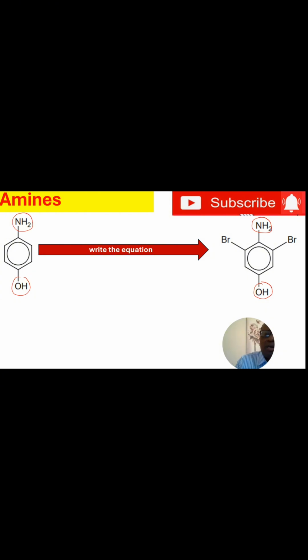Now then, what we are required to do is to write an equation. We can clearly see that we had an OH there and an NH2 there, and that has remained the same. If you want, pause the video and write your own equation. So how can we write an equation here? Okay, this is what I would do. I would take the NH2